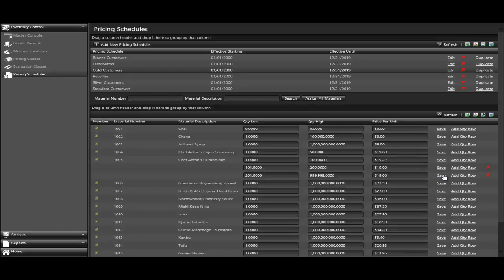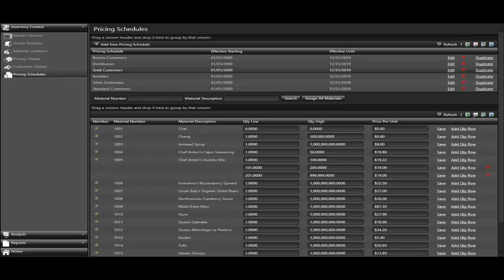So in this way, I'm combining 3 different flavors of pricing schedules into one, where some of the items can be just this is the price in that schedule, or it could be based on the quantity that a particular customer orders. It could be a different price.